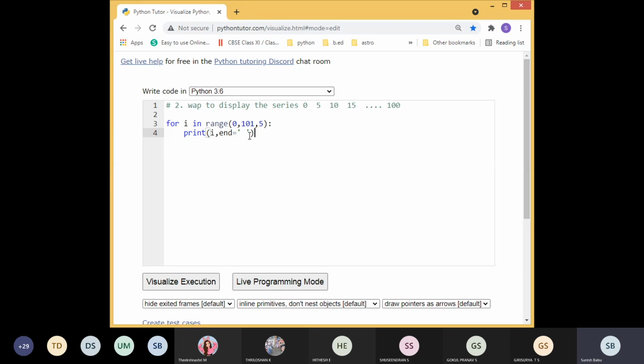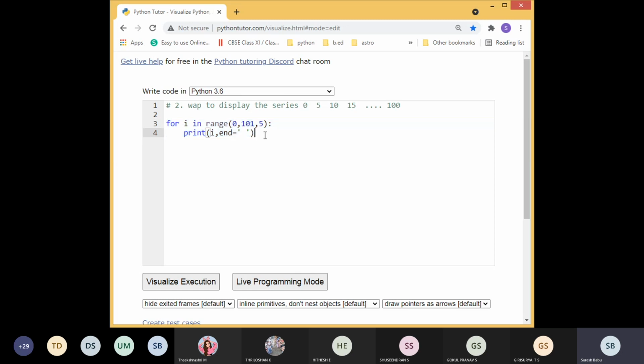There is one kind of question where they give this program directly and ask you to convert it into a while program, or they give a while program and ask you to convert it into a for program. So be ready for that also. You should know the solutions in both methods, for loop as well as while loop.